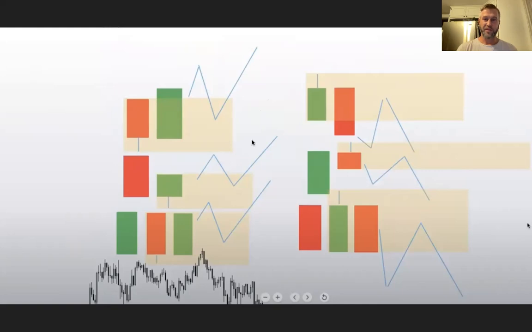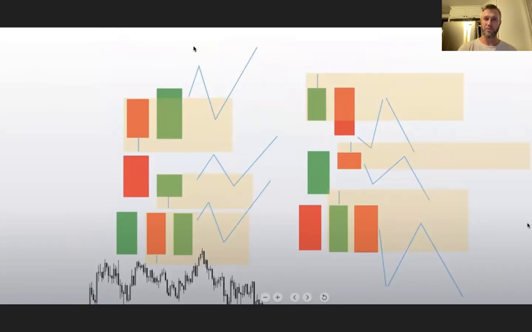These are the patterns we look for with the order blocks. These three are your bullish and these three are your bearish. Basically, this is a bullish engulfing. You'll see the bullish candle, the green candle going up, go over the previous candle. What you would like to see is this continue up a little bit more, and then test back into this order block. This would be what you'd be looking for an entry,